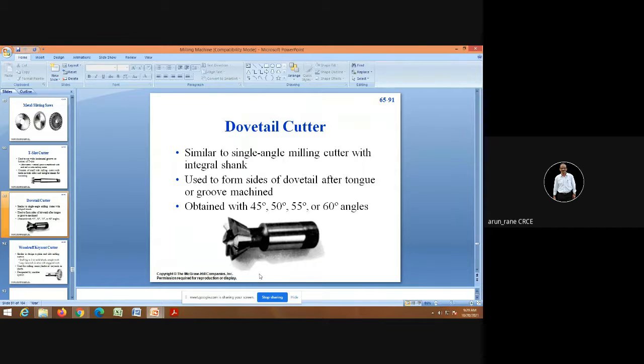This is a dovetail cutter. Dovetail cutters are nothing but cutters which are used for guideways. Lathe machine guideways, you are familiar now. So for cutting the guideways, this dovetail cutter is used. So dovetail cutter, T-slot cutter, side and face milling cutter, end mills, and shell end mill, these are the 5 cutters which are commonly used. Convex, helix, concave, these are not commonly or popularly used cutters.